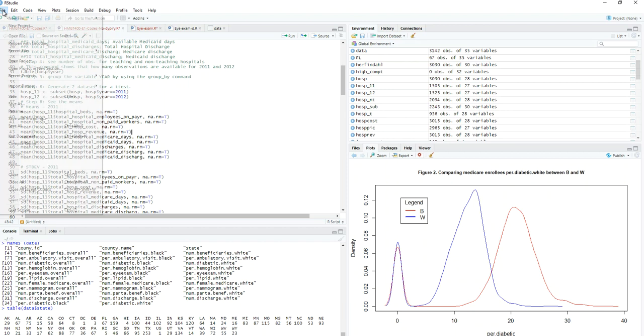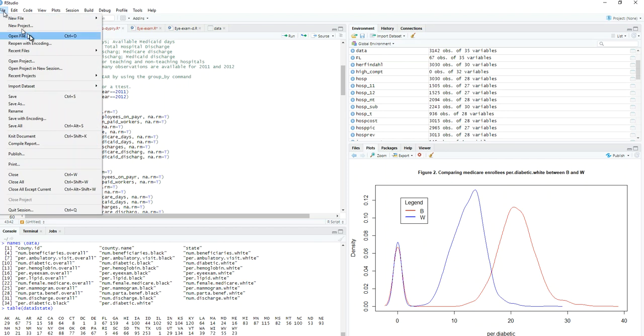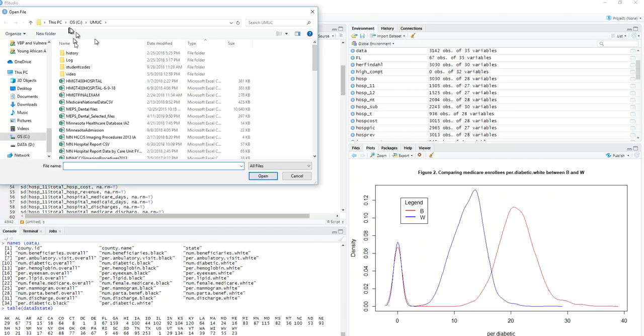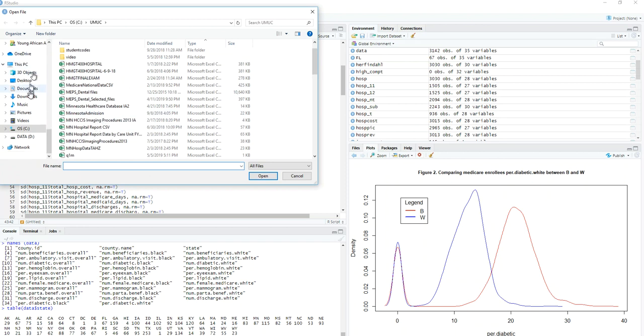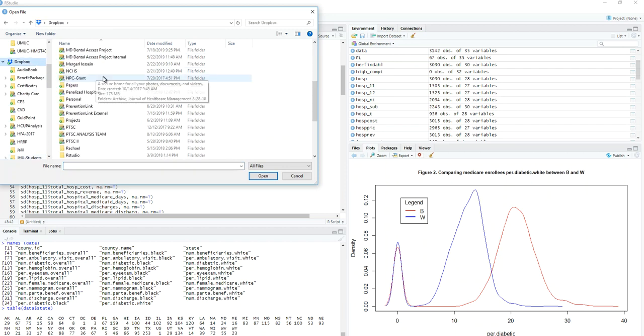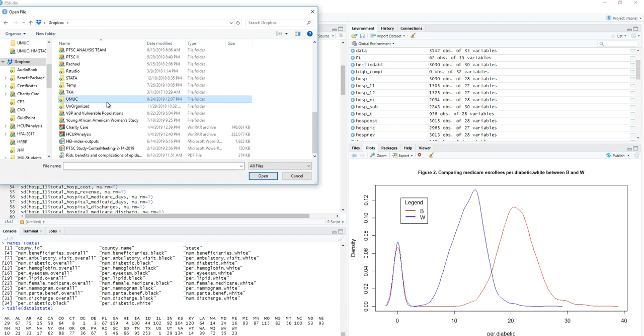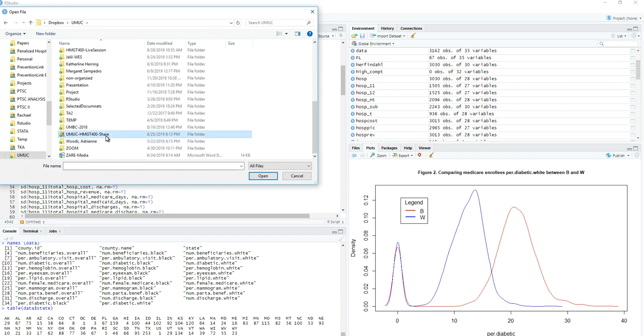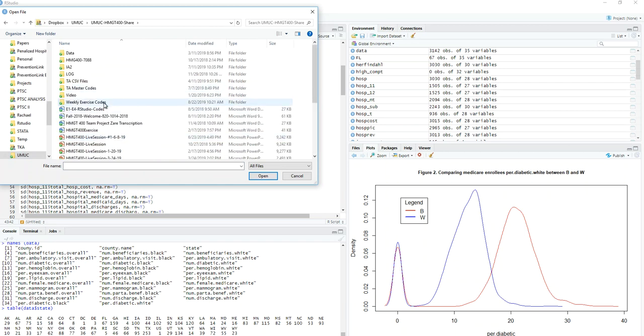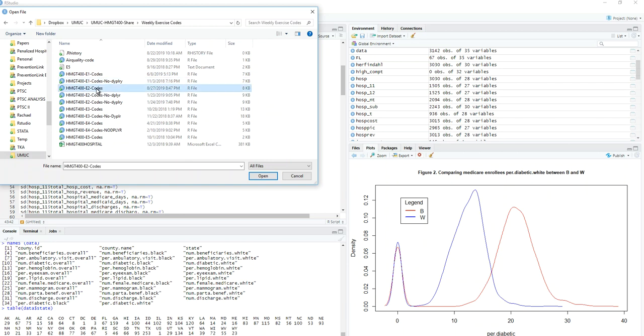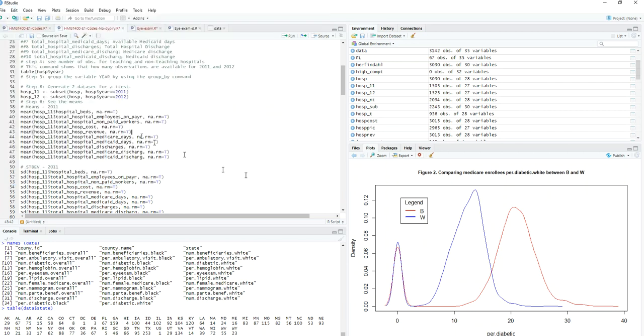Click on the file, go to open file. I copied it in a different place, but I assume that you copied it in drive C UMUC of your computer. I'm going to open it. I'm copying to Dropbox because I would like to have access all the time from different computers. This is the week 2 exercise. Okay, here